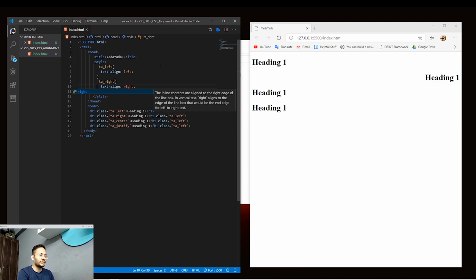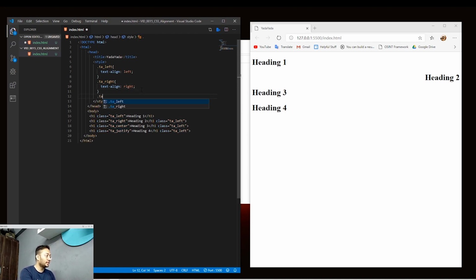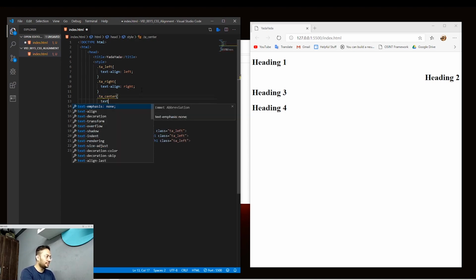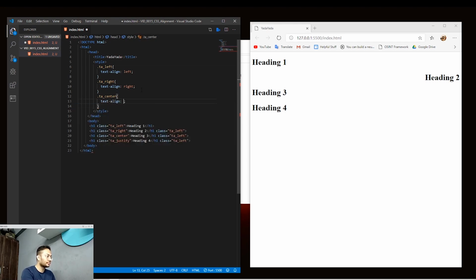We hit save and now you can see that our heading 1, okay, actually I should rename all of these. Heading 1, heading 2, heading 3 and heading 4. So now our heading 2, which is right aligned, is on right side of the screen. Now our third alignment is TA center. Again we'll use the property text align and we'll add a center property here. We hit save and now you can see that heading 3 is in center, and at the end text align justify,